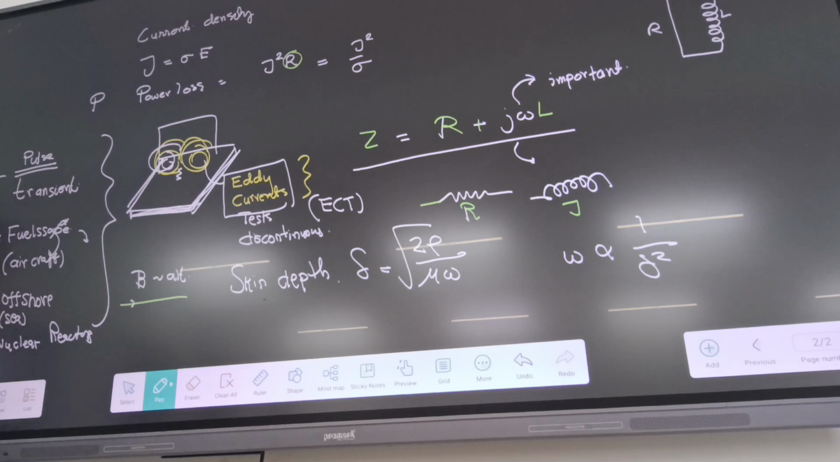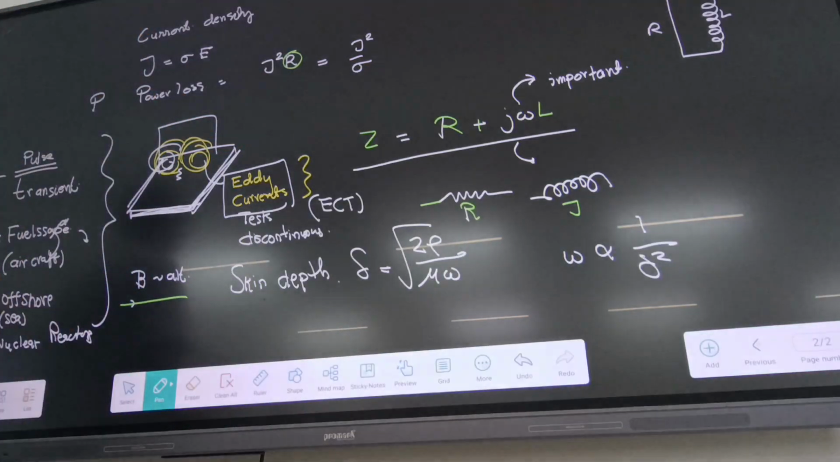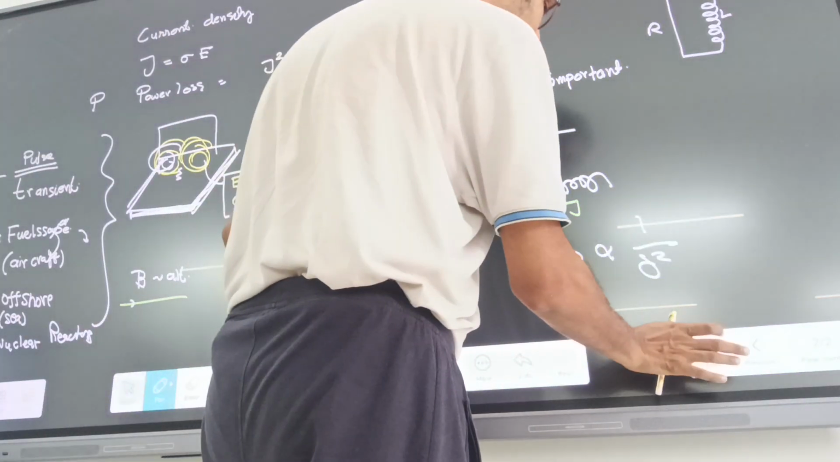Now the question is, is it always that we put this sort of probe inside and bring it out and we get the signal? The answer is no. We need to do some different activities, such as